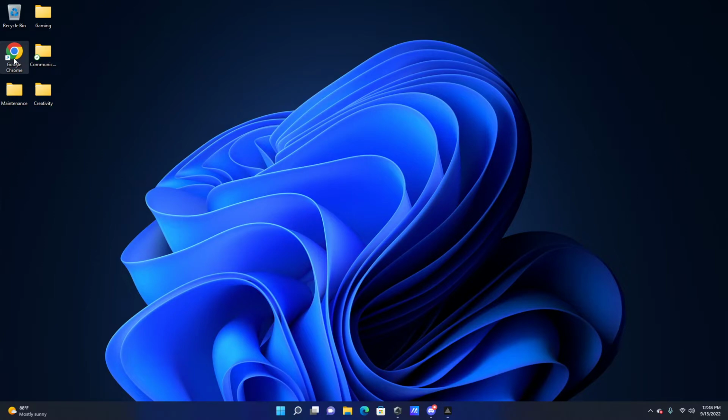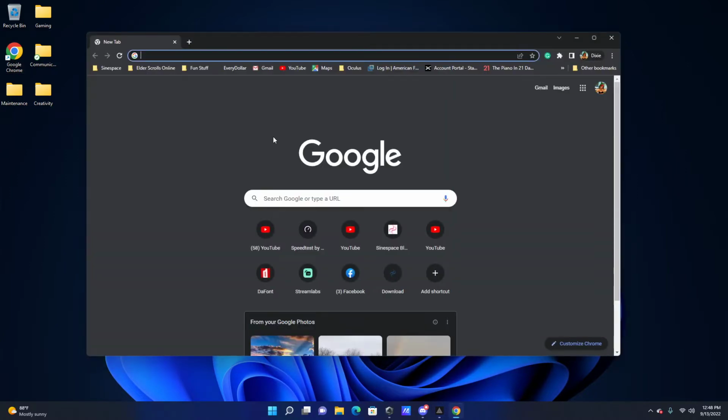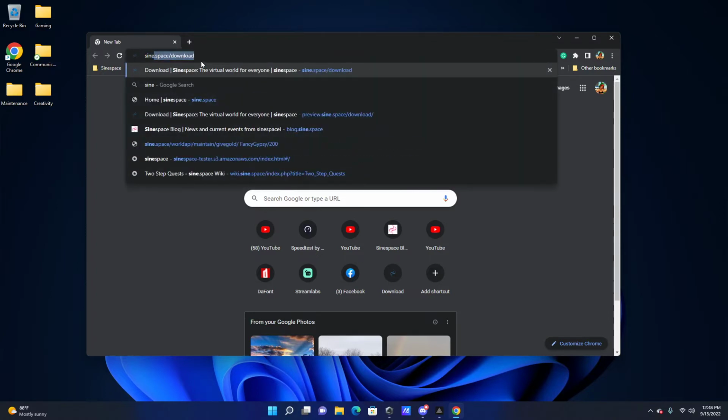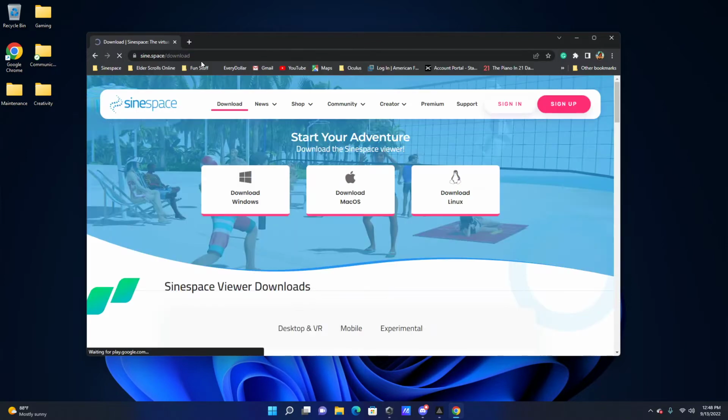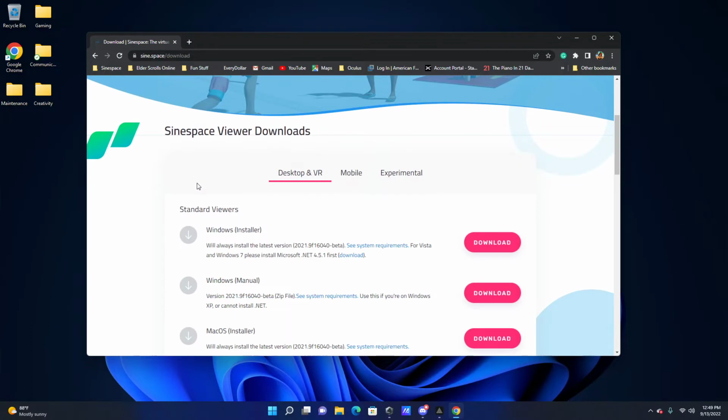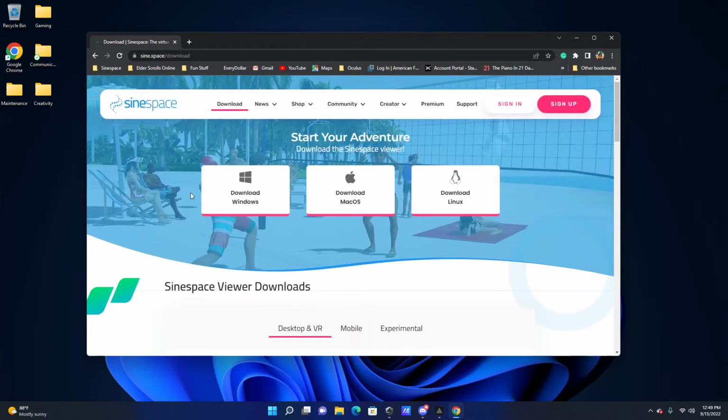So we're going to go to Google Chrome or whatever our preferred browser is, and we're going to go to sign.space/download. Now you could just go to sign.space, but sign.space/download is where the actual download is. Now if you're trying to install a preview viewer, it would be the same thing, preview.sign.space/download, or staging the same way. So you get to this page